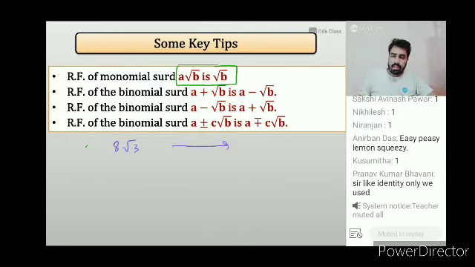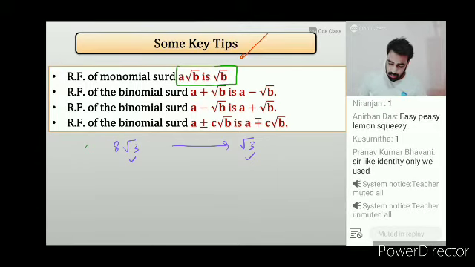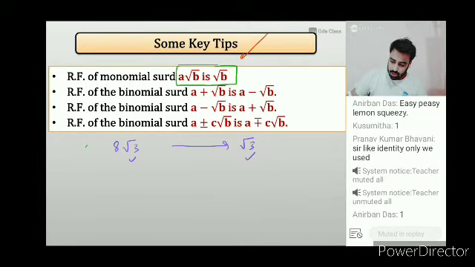So the rationalizing factor will be what? Root 3 only, because this root 3 and root 3 will multiply and cancel with each other. So for 7 root 5, the rationalizing factor will be root 5. Whatever root is there in the first term, the same thing you have to introduce. So a can be any value, b can be any value. If a root b is there, the rationalizing factor will be root b, because we want to multiply by the root so that we can cancel this. ठीक है? Is it clear बच्चों?